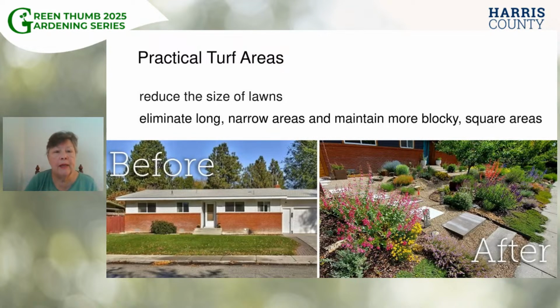Another thing that is recommended is that you really take a close look at creating practical turf areas. In the before picture, you can see the typical lawn sitting in front of the house. There's one shrub, so incredibly low biodiversity, but also a pretty water-hungry landscape. That yard even looks like it's sloped, so I bet you a lot of that water ends up in the